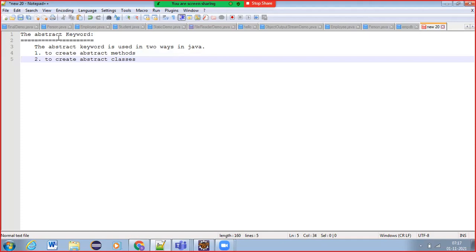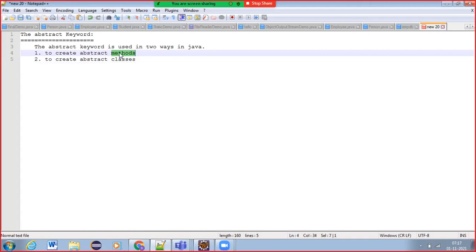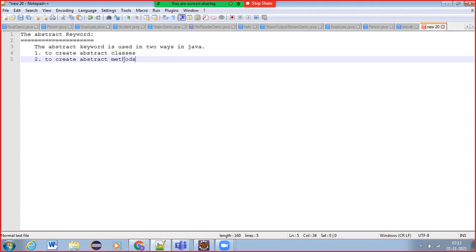Or we can say to create abstract classes and then create abstract methods. In these two ways we can use it. So now let us see abstract classes.